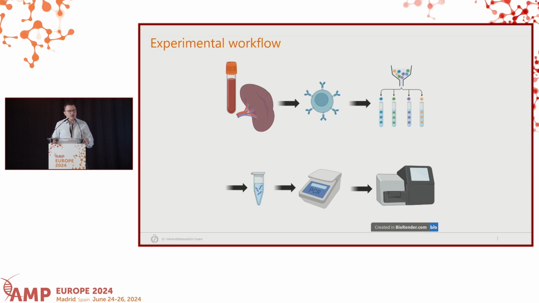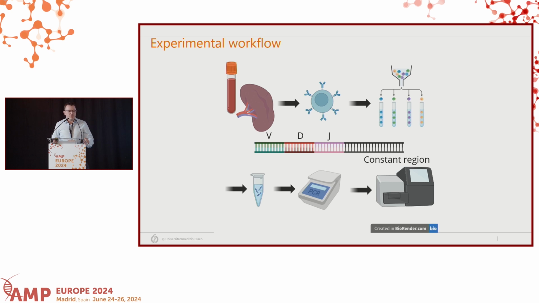As I stated earlier, we had paired samples available from spleen and blood and isolated the B cells by first using MUX and then FACS sorting, isolated the DNA, and then the unique V, D, and J sequences of each B cell were amplified from the DNA, which is important to distinguish the PCR amplifications from unique sequences in the end. Using the in vivo scribe kit, we amplified these VDJ sequences, including the important CDR3 region. And then basically we sequenced our library.